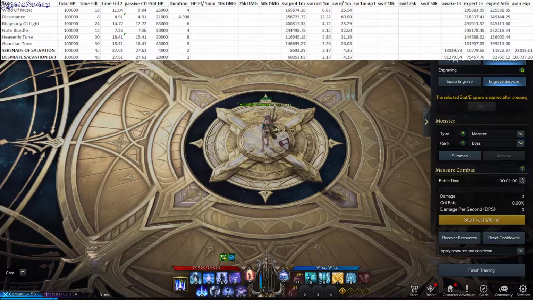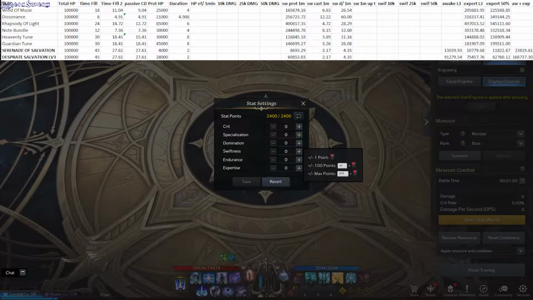I might also do it for specialization. This will increase only desperate salvation. This build seems pretty safe to me in terms of defense, but let's see. Instead of swiftness, if I go specialization,